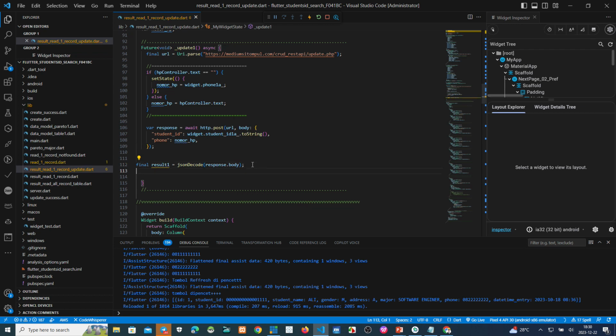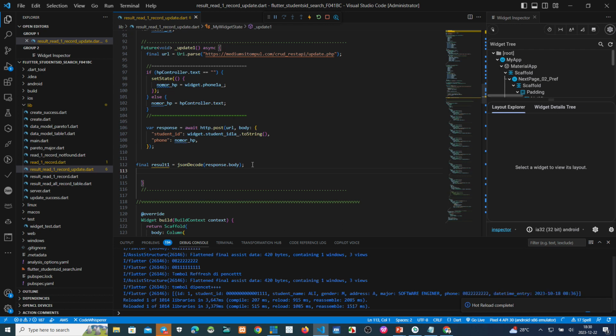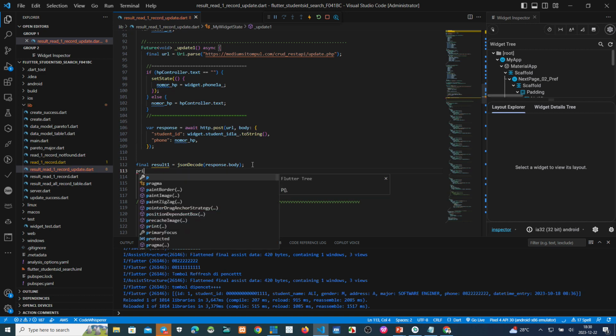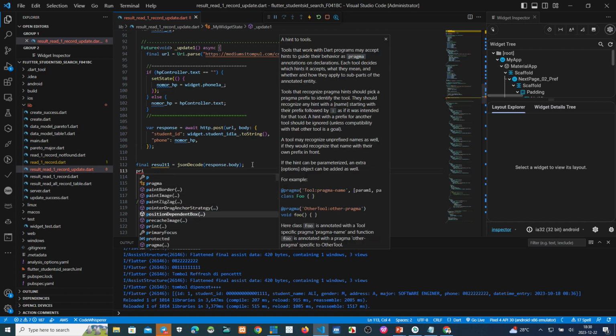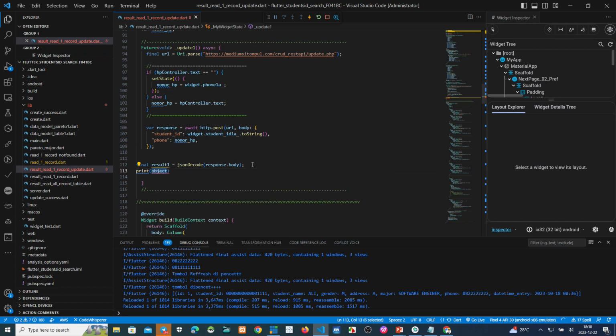Okay, we can see what is the response or written from the backend. We can make this one print result one.